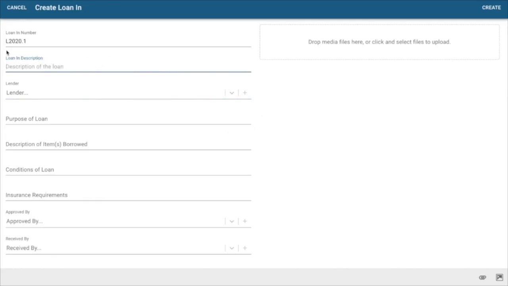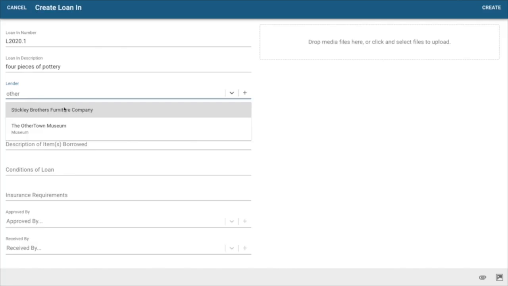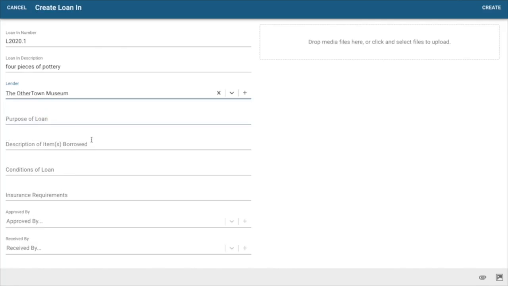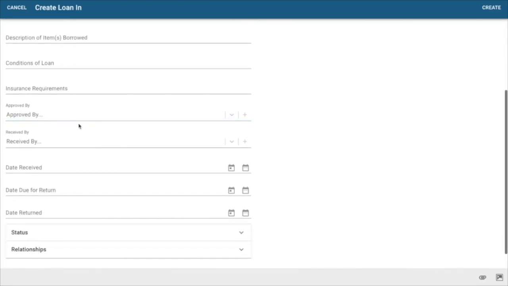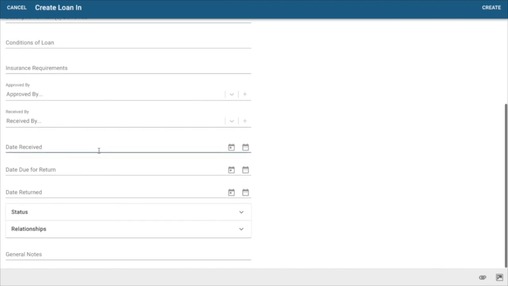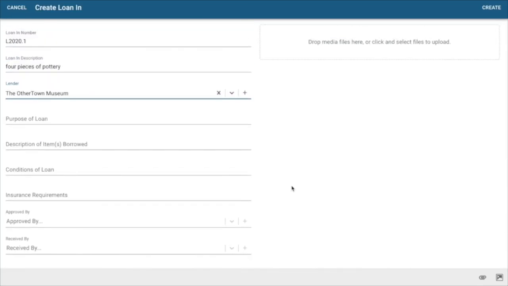So here I'm going to describe my loan. Four pieces of pottery. The lender in this case is going to be Other Town Museum. Purpose of the loan, I can describe here in detail all the items that are part of the loan, the conditions of the loan, any particular insurance requirements for the loan, who approved it, who received it, the date it was received, etc. And I can again track the status as this loan progresses along. I'm not going to fill out this entire record here, but this gives you a good idea of how the